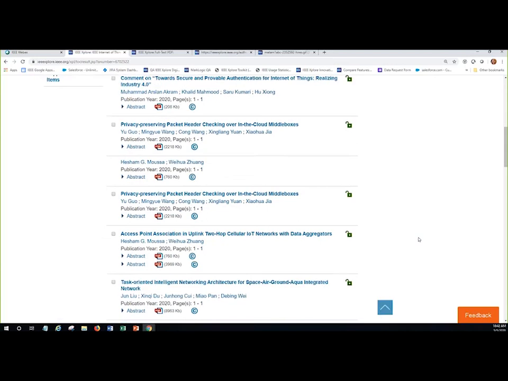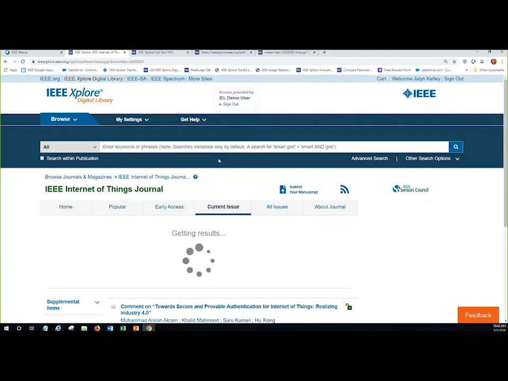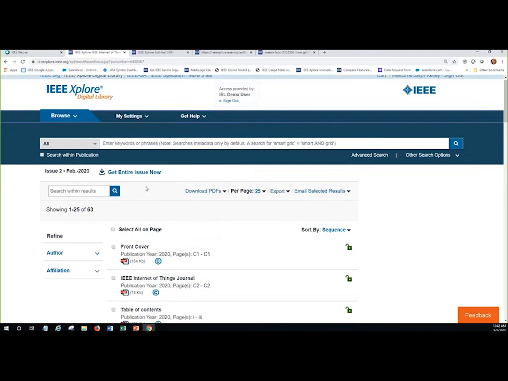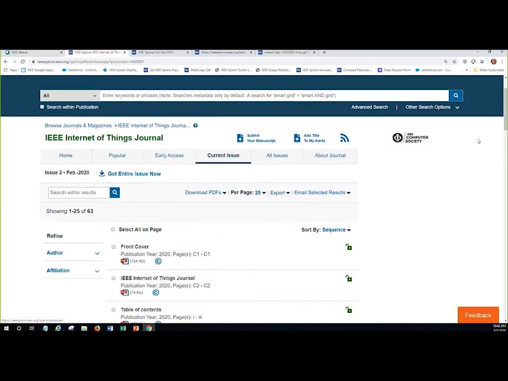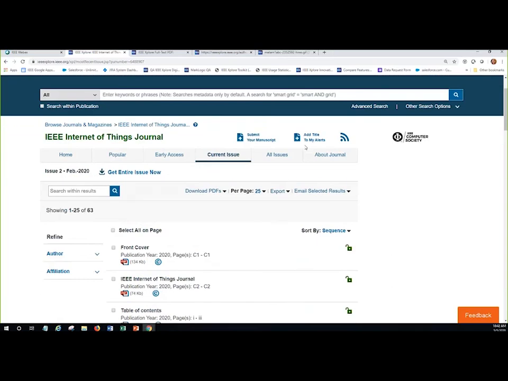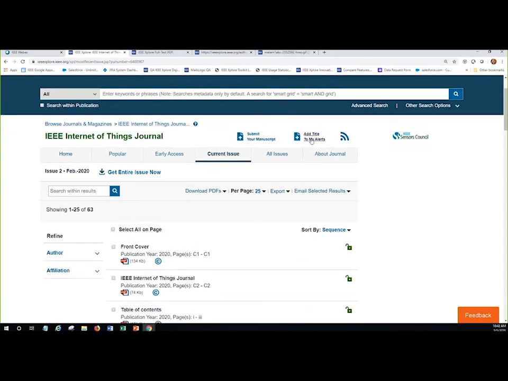I can go right to the current issues table of contents, and depending on your subscription package, you may be able to download the entire issue. So it's a one PDF cover-to-cover view, so it's really nice to download that for offline reading. And if you're logged in with your personal account, you can even set up your table of content alerts right from here. So if you have some specific journals or magazines that you really like, go ahead and set up an alert on them, and then when they're published, you can come in and download that entire issue to read offline.